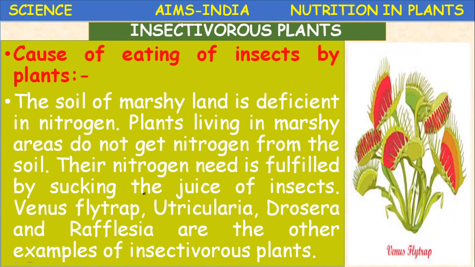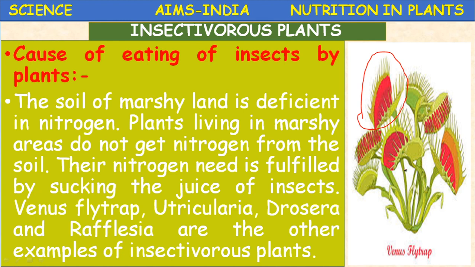So this is the Venus flytrap. It is also a trap. Here the hair-like structures, the basket-like structure, will be present. Whenever the insect enters inside, the bright colors will attract the insects. So they close. The lid will be closed. So this kind of plants are called insectivorous plants. So it is a kind of heterotrophic nutrition,